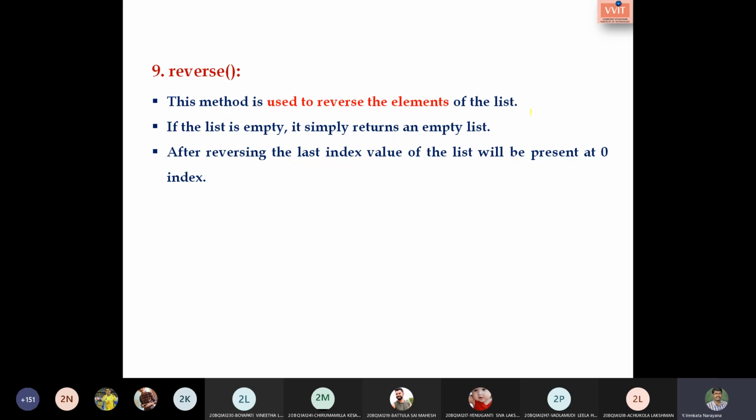Yes or no? Yes, sir. The syntax is list name dot reverse.